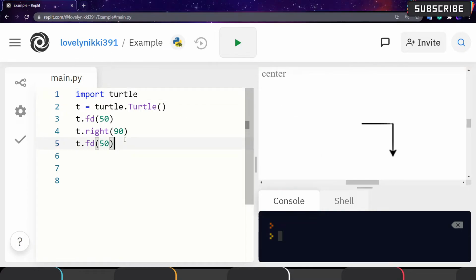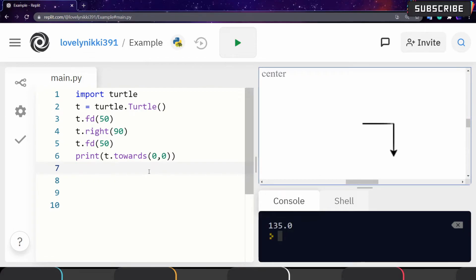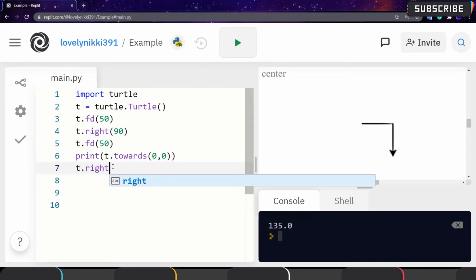Suppose by using the towards function, I try to get the angle towards position 0, 0. So if I see the towards value, it is 135, so I will turn the angle to 135.